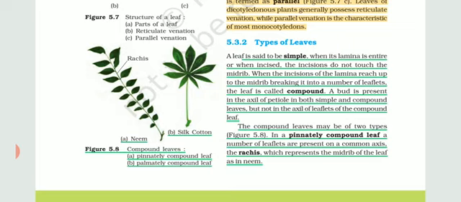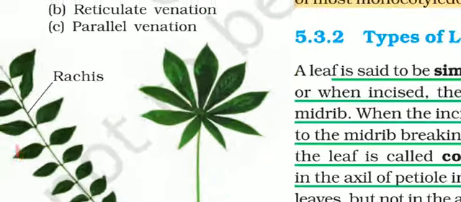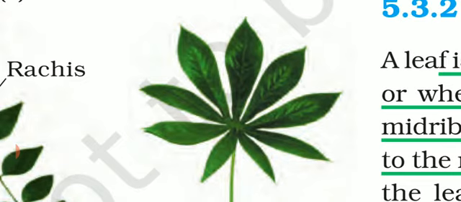So actually it is comprised of one leaf, but as it is divided into many leaflets, it is known as compound leaf. It is of two types now. One is pinnately compound and second is palmately compound. So in case of palm trees, you must have seen that the leaflets are present in the rosette form. This we call as rosette, that there is only single origin. In this picture you can see the center is a single origin, single base is there